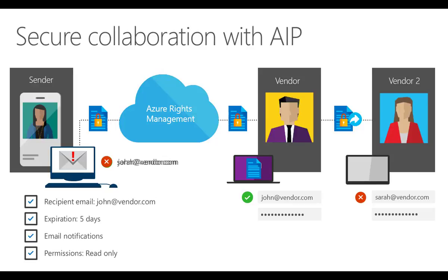All right, so let's push the down arrow. Let's see what's happening. Okay, so in essence, it means that you can determine who the recipient is, you can set an expiry date, determine whether you want notifications and what permissions the user has. So the user who it's destined for can read it, open it and work with it, but if they forward it on to somebody else, that user is prevented from accessing the information because the permissions and the rights are